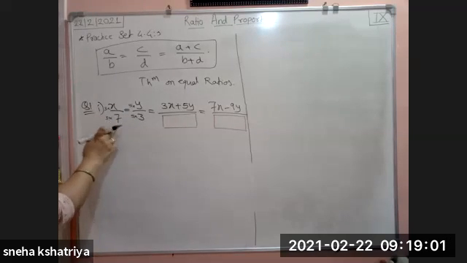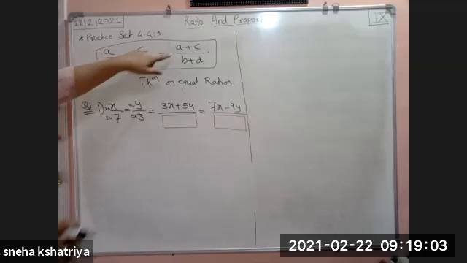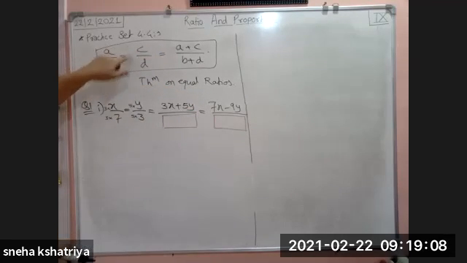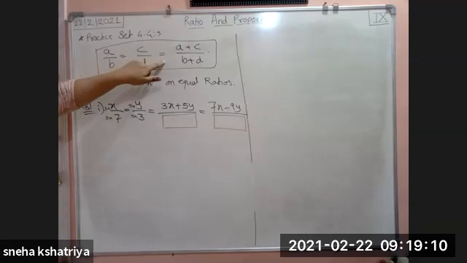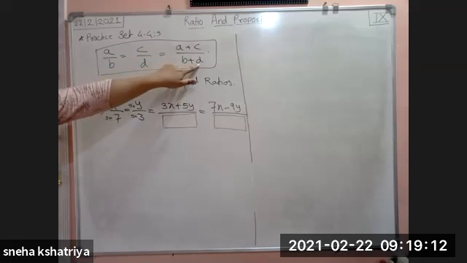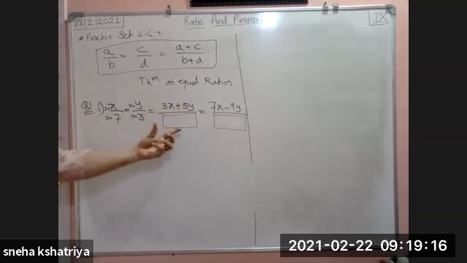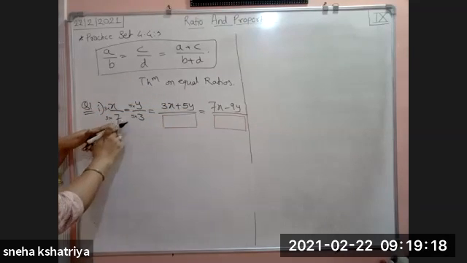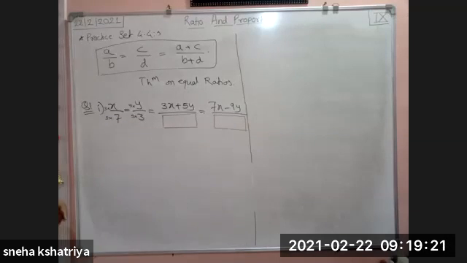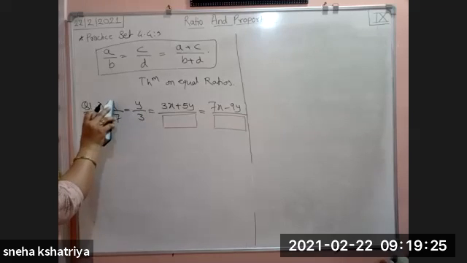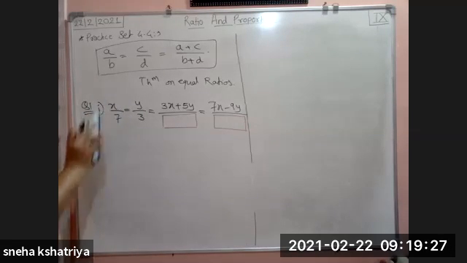And after doing that, we have to use this property, because what the theorem on equal ratio states: if a upon b is equal to c upon d, then that is equal to a plus c upon b plus d. So by using this theorem, we can write 3x plus 5y at the numerator, and at the denominator 3 into 7 plus 5 into 3. This is a very easy kind of example. Just see what is multiplied to x and y, and multiply it.